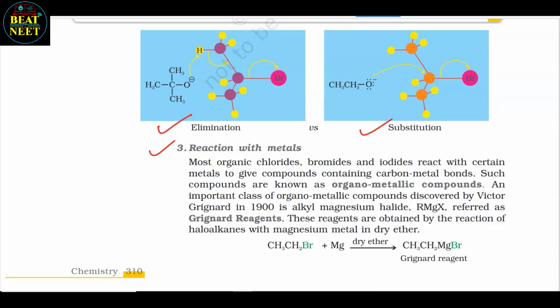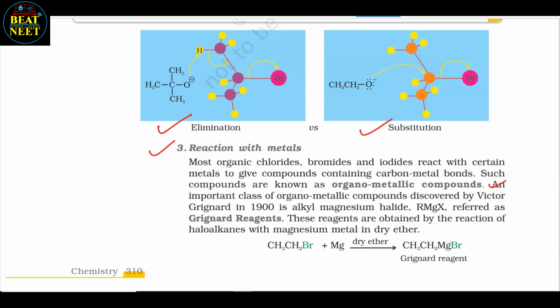Number 3, reaction with metals. Most organic chlorides, bromides and iodides react with certain metals to give compounds containing carbon-metal bonds. Such compounds are known as organometallic compounds. An important class of organometallic compounds discovered by Victor Grignard in 1900 is alkyl magnesium halide, RMgX, referred to as Grignard